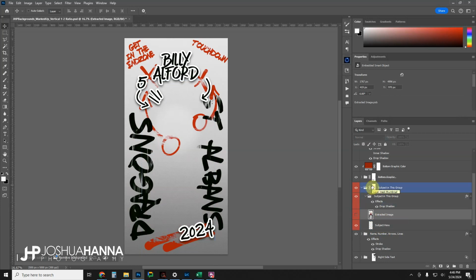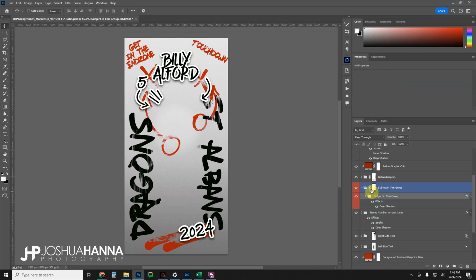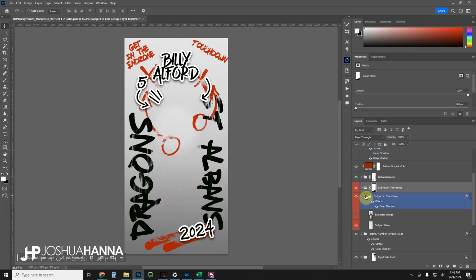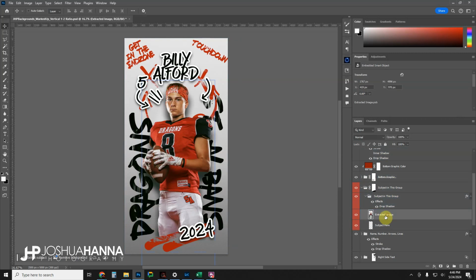And I do this because there's kind of some double effects going on. So one is the masking, which is going to kind of cut the subject off. And the other is a drop shadow that's going to automatically get applied to the subject. So why does it need to be double nested? Well, if we turn the subject on, if I take him out of this group and into the one above it,